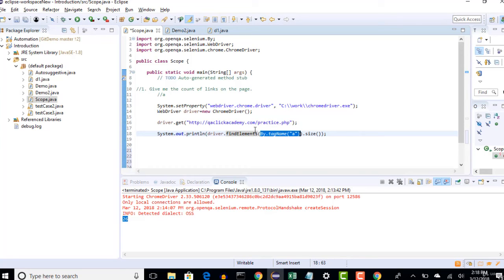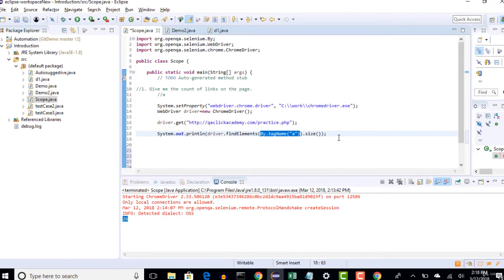Now, how do we create a driver subset, limiting the scope of the driver to only this section? We will see that. Once you understand that, it's easy to get the count. The global driver object scope is the entire page, and now I want to minimize it.